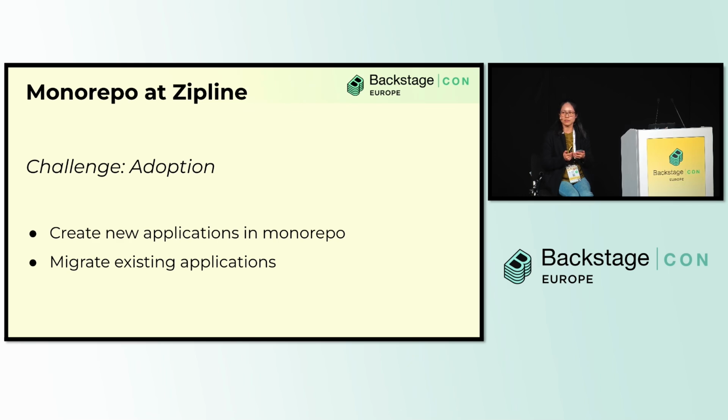So, a little bit of a repeat of the context that we have. The story of the Monorepo doesn't start with Zipline from the very beginning. It came after we had reached a substantial scale. That means there were already many teams at Zipline, and each of them had their own stack, their own set of repos, their own Kubernetes clusters even, and some teams even had their own AWS account. So it was very challenging to convince people to onboard into our relatively new Monorepo ecosystem at the time,